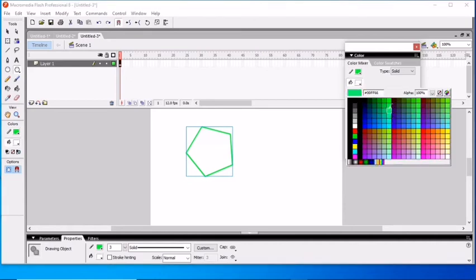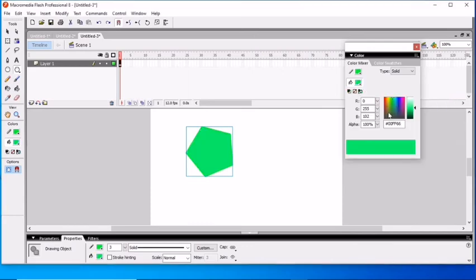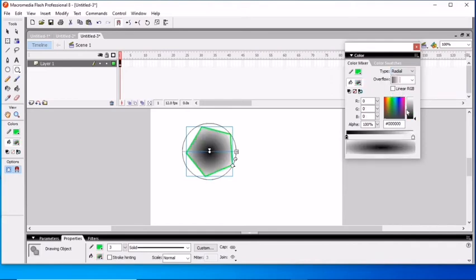Now select any other color. Here you can see Solid. I select here Radial or Linear. Suppose you want to select Radial, you can see this one, and select more colors. For this, you can see like this shape. Now if you want more colors, select this one, and from the color palette, like this one, I select this.